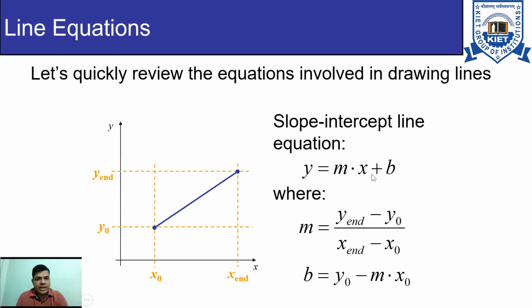Before moving to the DDA algorithm, here is some simple mathematics to draw a line. We know that in the Cartesian coordinate system, whenever you are dealing with line equations, the equation of a line is y equals mx plus b, where m is the slope of the line and b is the intercept. If you want to calculate the slope of the line, it is y end minus y0 upon x end minus x0, and the intercept of the line can be given as b equals